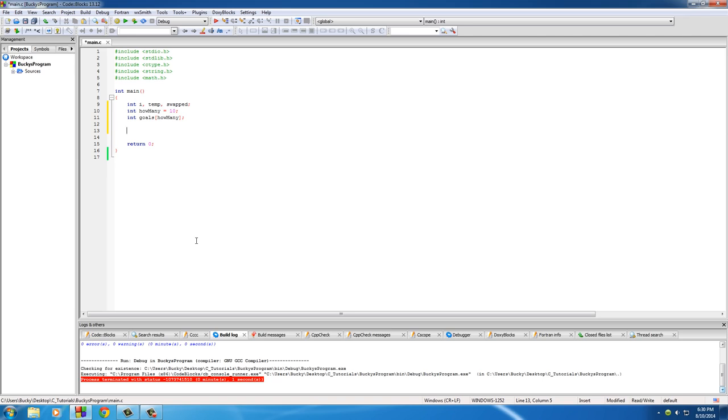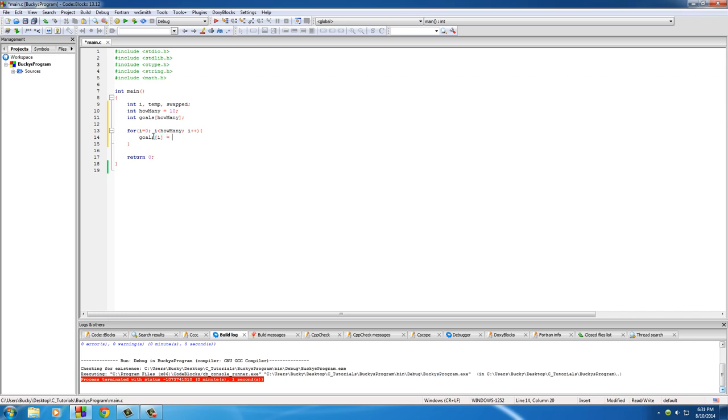So the first thing I want to do is actually create that array, which is going to be just random numbers. I won't even add comments. I'll add comments whenever I post the source code on my forum, but for now my voice can be the comments. So for i equals 0, i is less than how many, and of course i plus plus. So this loop is going to run 10 times, and for each loop all we're going to do is take that element